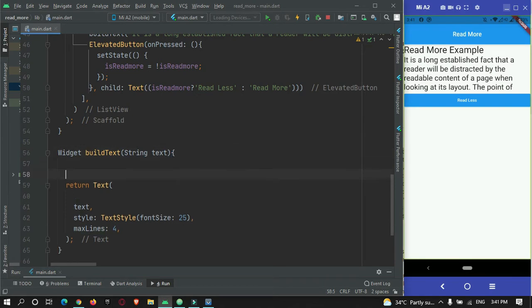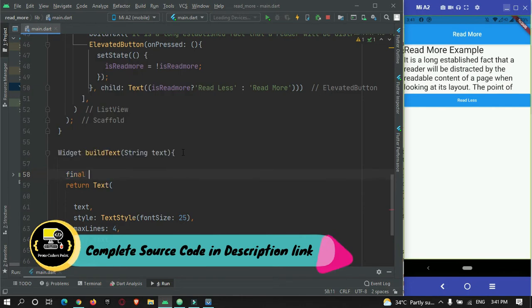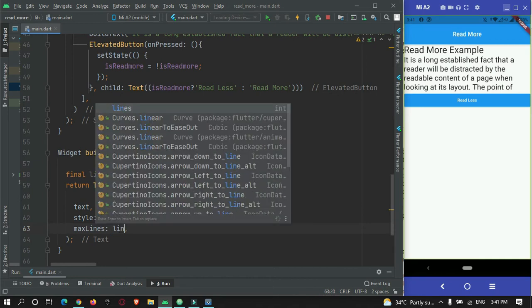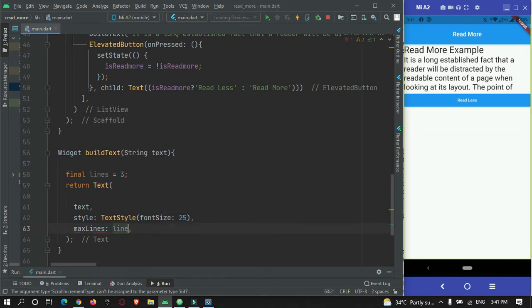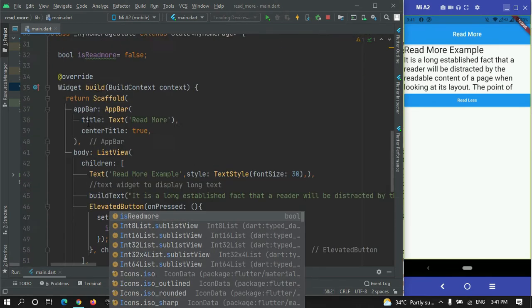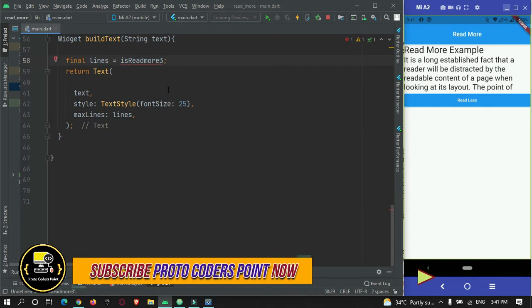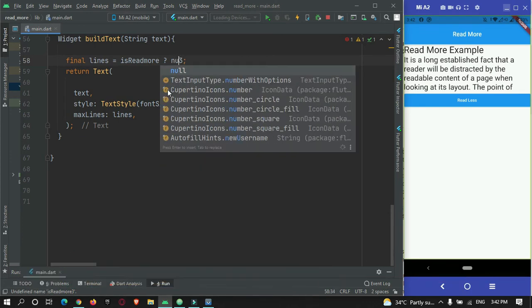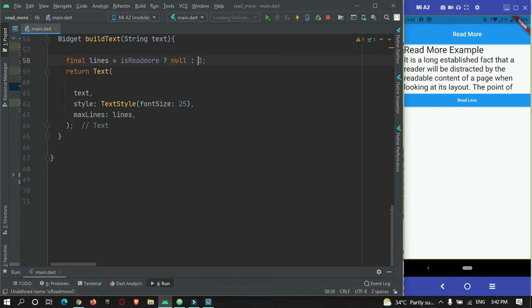For that, let's create a variable final lines is equal to 3. The number of lines to be displayed will be set to 3, and let's use this over here, lines. Now what we will do is make use of our isReadMore. If isReadMore is true, then we will set it to null, and if isReadMore is false, we will set the number of lines to 3.